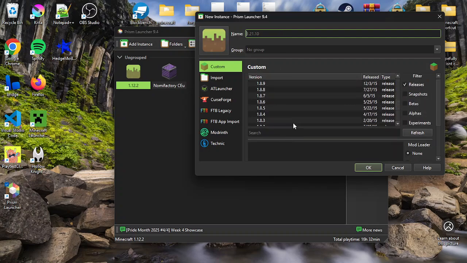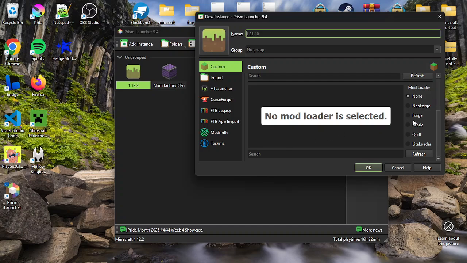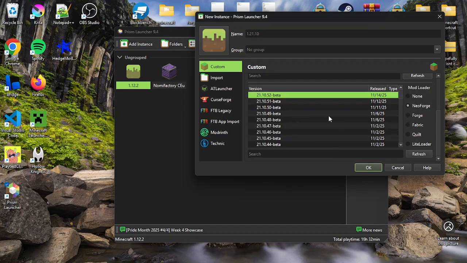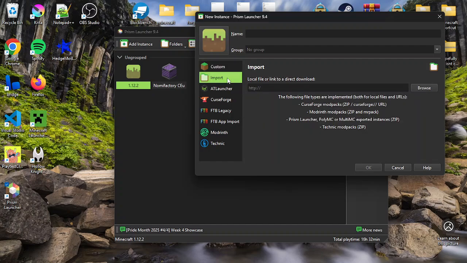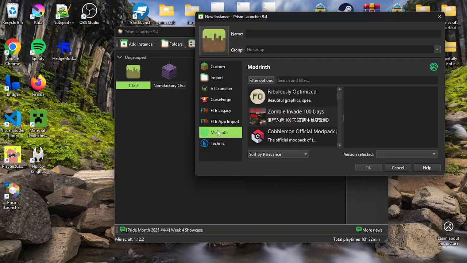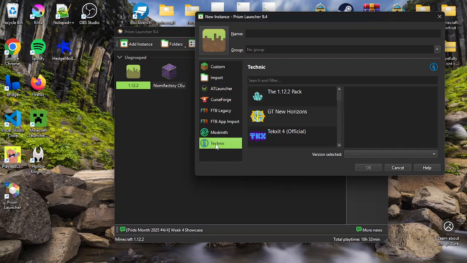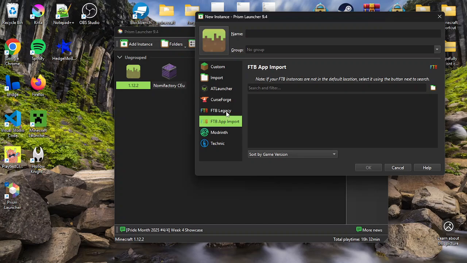You pick the version, and then down here you can pick the mod loader. Once you pick your specific mod loader, it has the specific versions. You can go through there. Or you can import from a file, or you can use different launchers. There's Modrinth, which has some more modern ones. Technic, which is some of the older mods. I did not realize GTNH was on Technic. That is crazy. FTB,